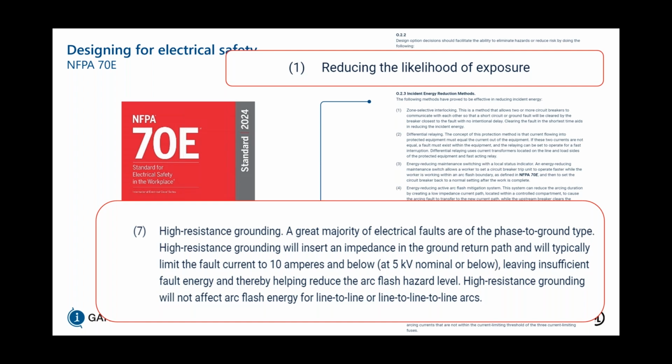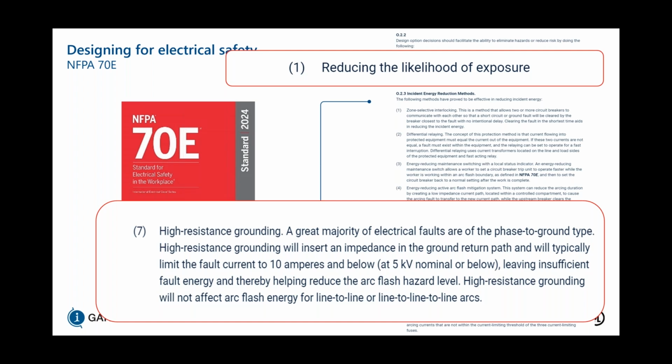In this case, out of all the incident energy reduction methods outlined in Annex O.2.3, there are actually 9 of them. High resistance grounding is the only one that is reducing the likelihood before the arc is in the system. So in having that resistor there, we're essentially planning ahead of time and being proactive with respect to the first phase to ground fault that can occur. Now, when we place an NGR there that is 10 amps or less on a system that's 5 kV nominal or below, when a fault occurs, it's leaving insufficient fault energy